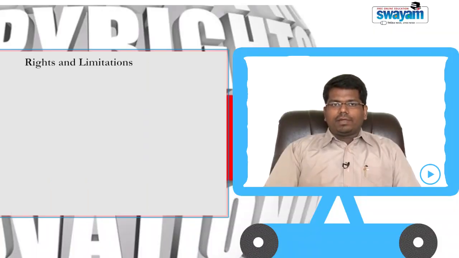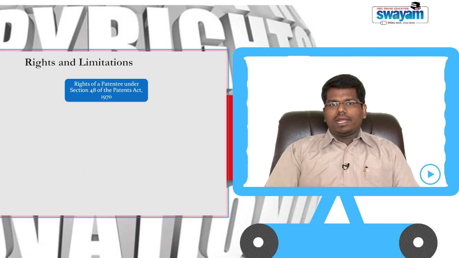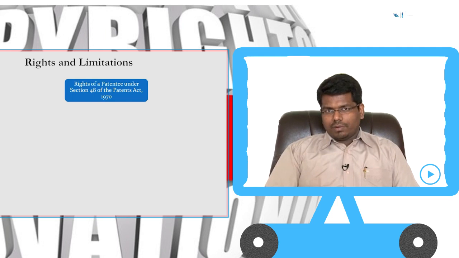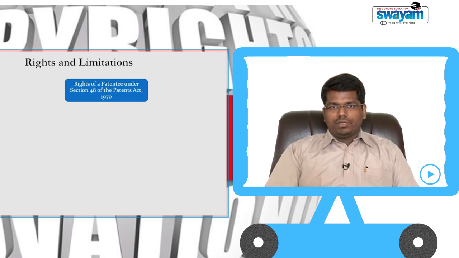When we speak of patent rights, the first thing that needs to be understood is what is the scope of the rights granted by the Patents Act to a patentee, and this is dealt with by section 48 of the Patents Act. Section 48, as most people already are aware of, grants exclusionary rights which are negative in nature, which means the patentee has the right to exclude all third parties from acts of making, selling, offering to sell, importing, so on and so forth, which do not have his consent.